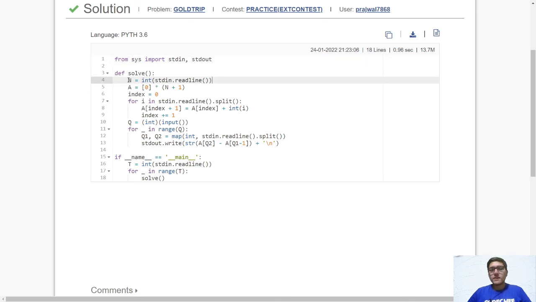So first of all, we will take the input n. Next, we will create an array A to store the prefix sum array. Now we iterate over the input array and create our prefix array as the previous sum that we have, and we add the current element into our previous sum, and we will increment the index by 1. Next, we will take the queries. Now we will iterate over all the queries and print the output of all the queries. So guys, don't forget to use \n for the next line. This is pretty much the whole code, and it passes all the test cases.